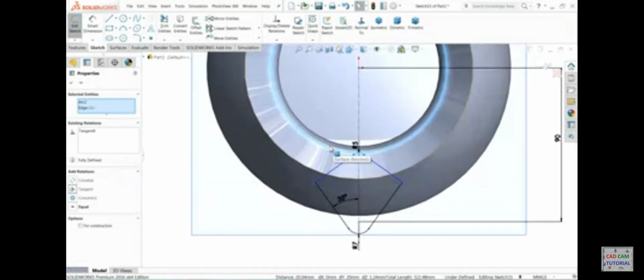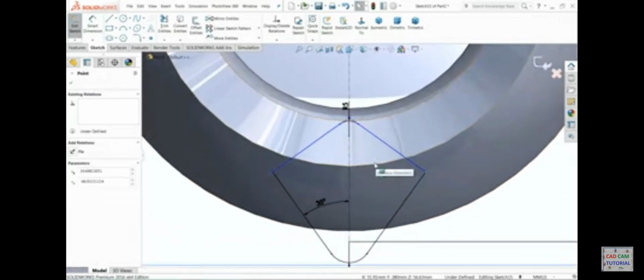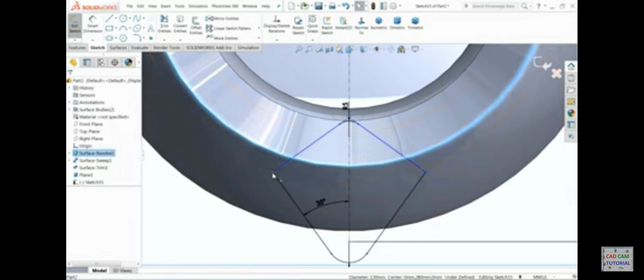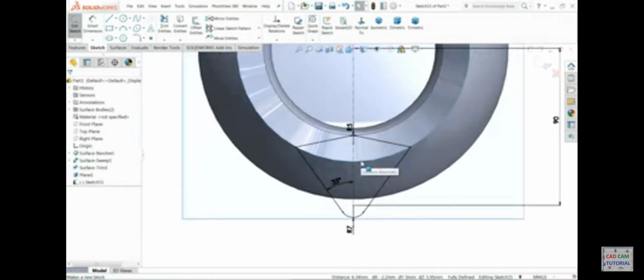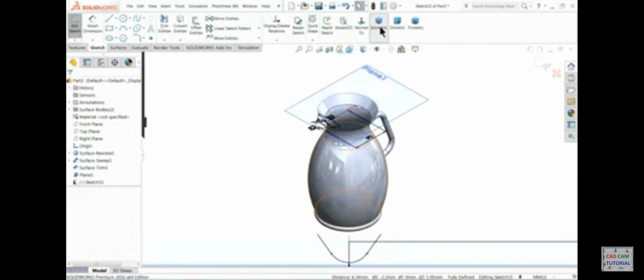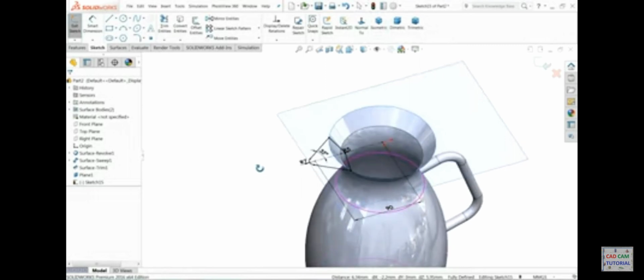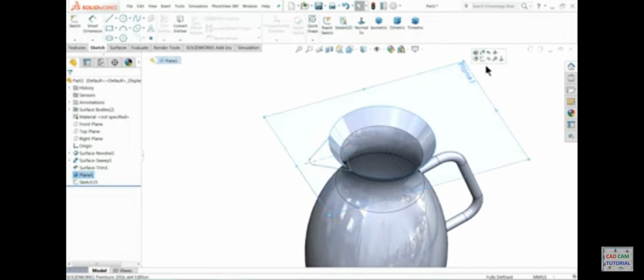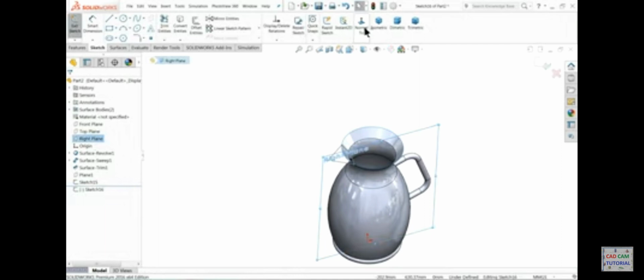Now see here, now this corner should lie on this edge, so select the edge and this point coincide. Now see, drawing is fully defined. Simply exit, hide the plane, right plane is sketch,